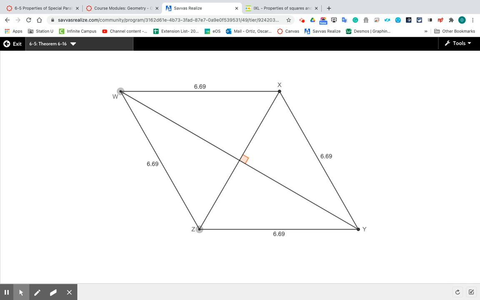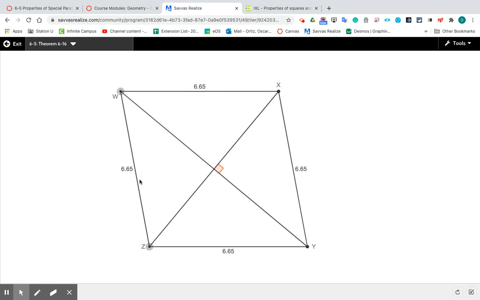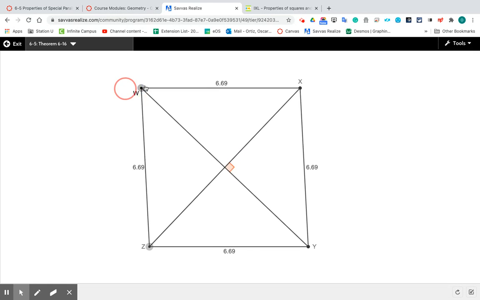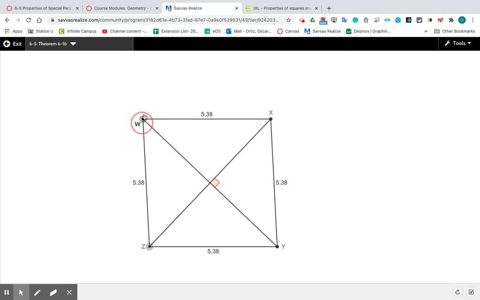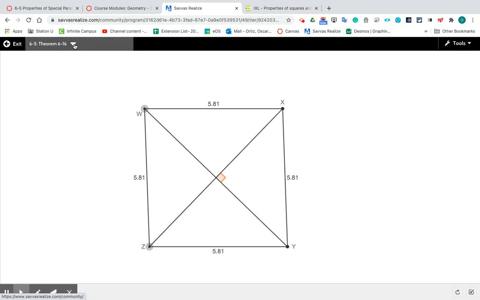We had seen before that in a rhombus, a parallelogram with four sides congruent, the diagonals intersect, making a right angle. We can play with dragging the vertices here and noticing that the sides keep being congruent. Of course, opposite sides are parallel. That's what it means for it to be a parallelogram. And the right angle here is always there. Those two diagonals intersect, making a right angle, even if we make it smaller or bigger. That's a property of